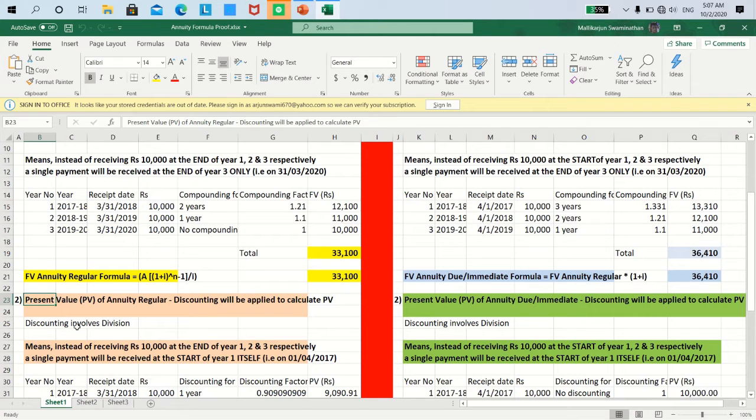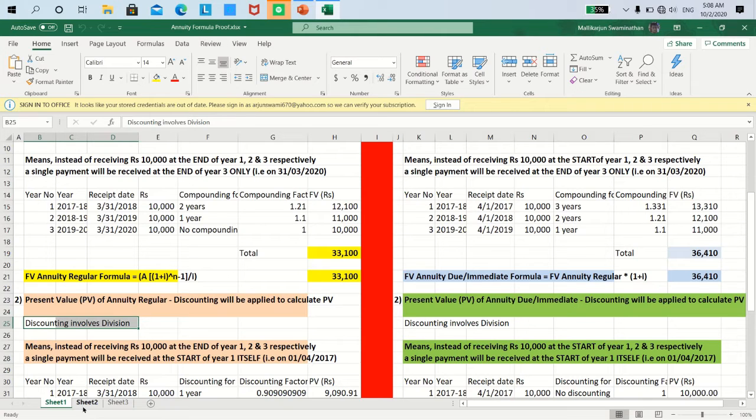Okay. Now what is present value? I have already explained to you earlier in today's session that it means the worth of money today. And in the case of present value, if you start with future value, we are moving backwards. Hence we need to discount and not compound. Wherever discounting is involved, it involves division and not multiplication, which is what is highlighted in row 25. You can see it on the screen. Discounting involves division, correct?